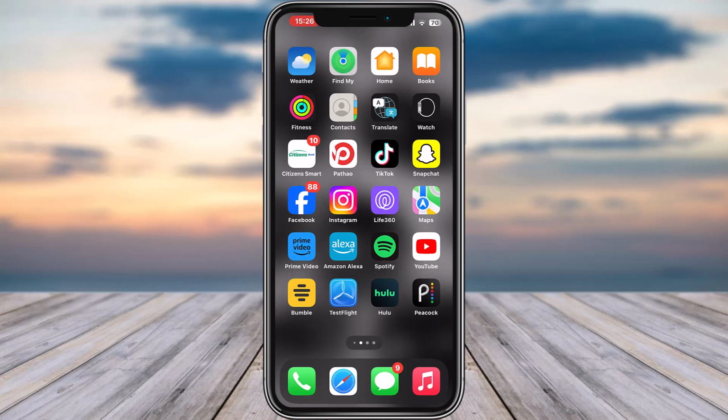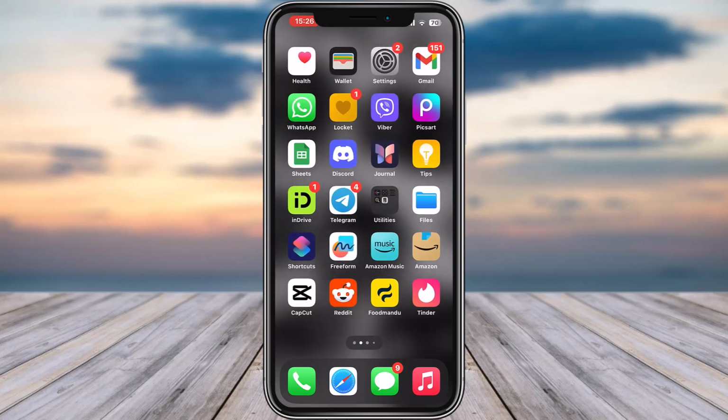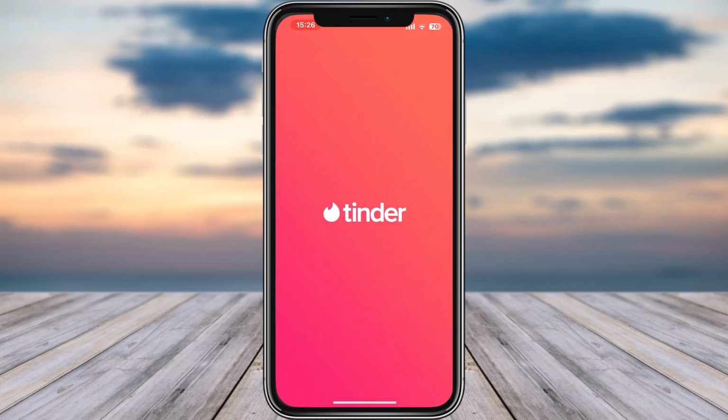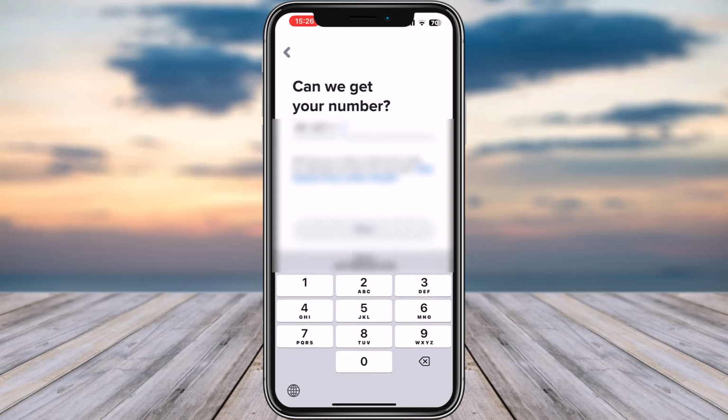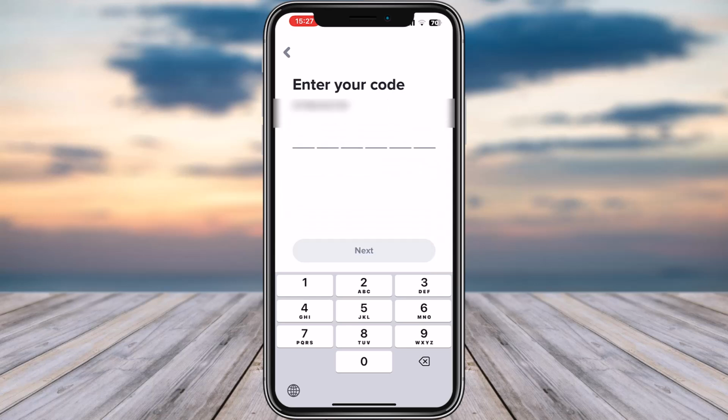For that matter, first of all, you have to simply access your Tinder app on your mobile phone. Go ahead, tap on it. Now right over here you can find the first option called create account on top. Go ahead, tap on it, and now simply add in your number. Now tap on this next option. Now you will get a code on your number. Simply have to paste it right over here,